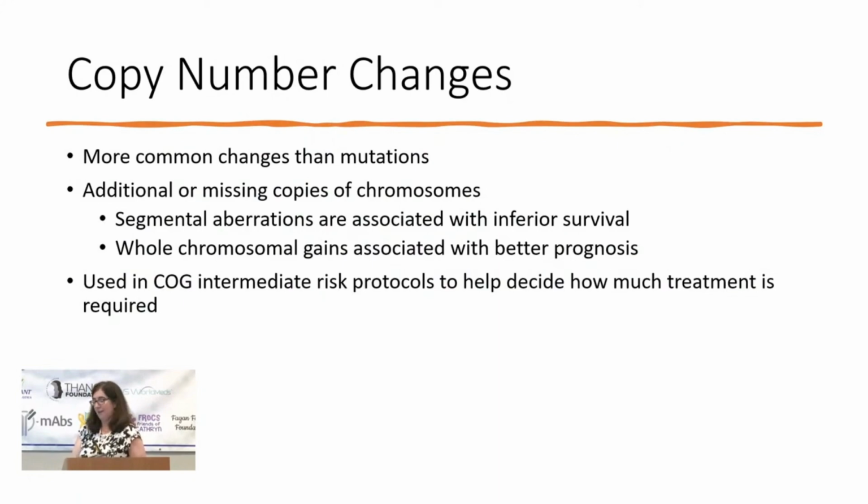So as mentioned there, more common. When we see the segmental changes, when there are those pieces of gains and losses, this is often associated with more aggressive disease and inferior survival, as opposed to the whole chromosome gains and losses, which are often associated with better prognosis. Right now, this is used through the Children's Oncology Group in intermediate risk disease to stratify,